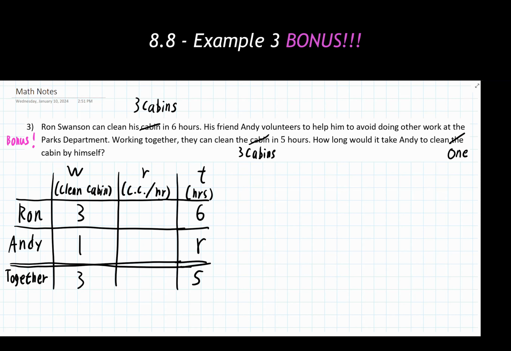So now once again, I need to create my equation using the 3 rates here, just like we did with our first number 3 problem. I'm going to write each of these in as fractions. So I have 3 cabins for 6 hours. That's one rate. I have another rate of 1 cabin every T hours, actually, we use T, to make that better. And then together they can do 3 cabins in 5 hours. And again, I'm still just going to make the equation of adding these 3 rates together. Even though the numbers are slightly different from one another, that's still fine.